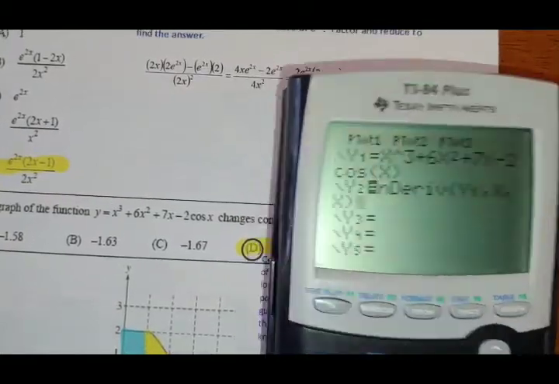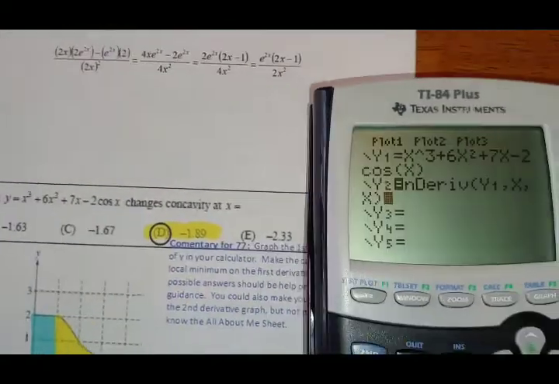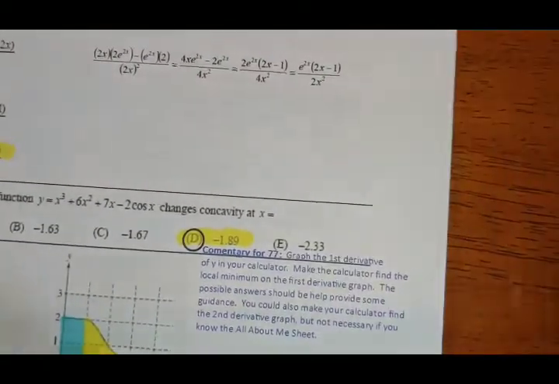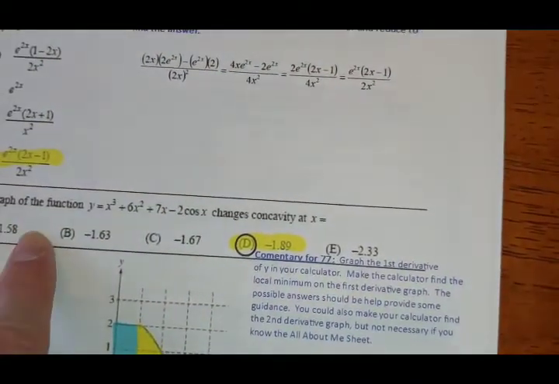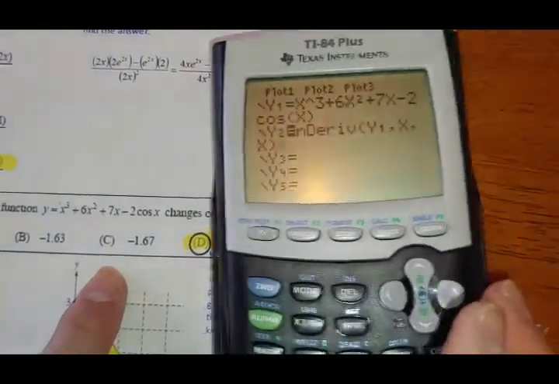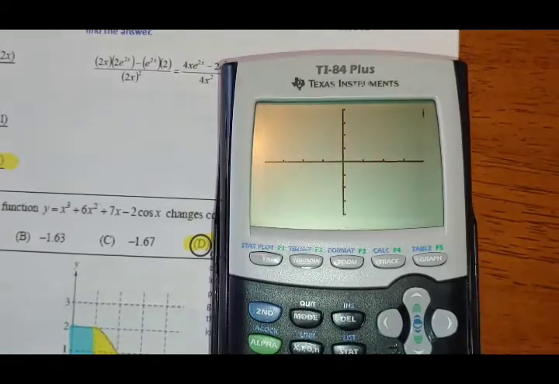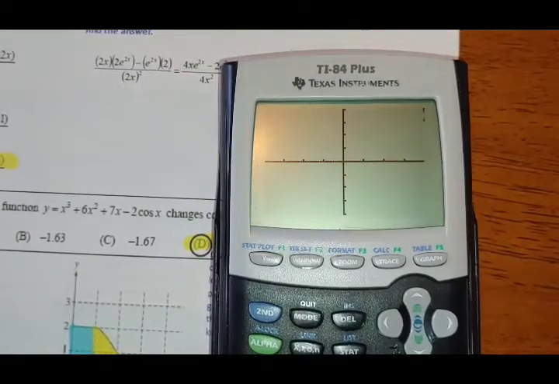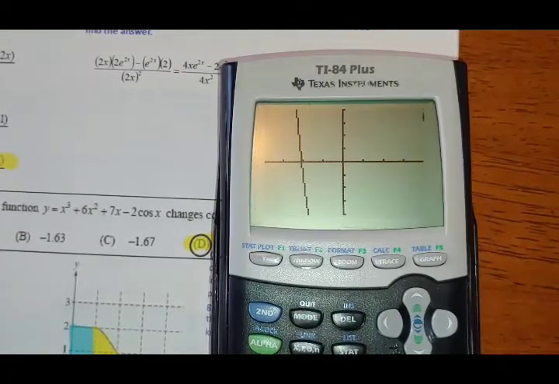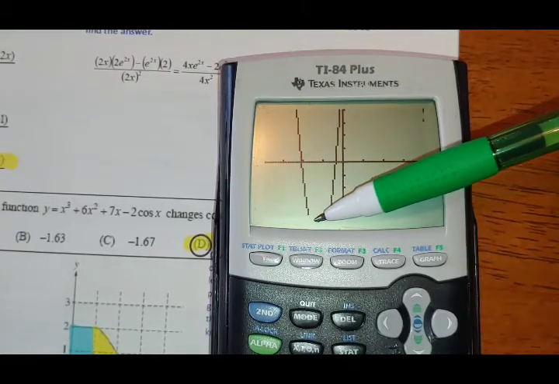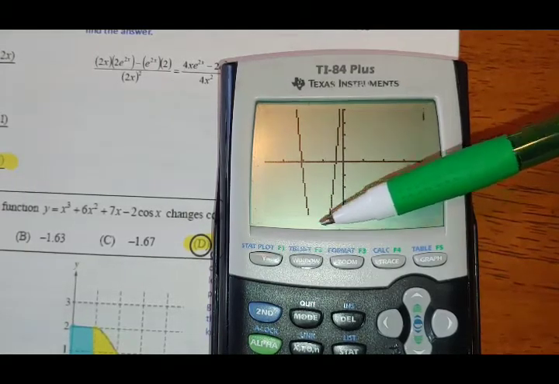Now when I do my graphing, since this is a trig window, I'm probably going to do a zoom 7. Do they give me a window? Well, I have my answers to know that the answer is going to be somewhere in this little negative zone, so I'll probably just do a zoom 7, and I should be able to see what's going on. If not, I'll adjust my window. And looking at the answer choices, I can see that there's going to be a local minimum somewhere down here,